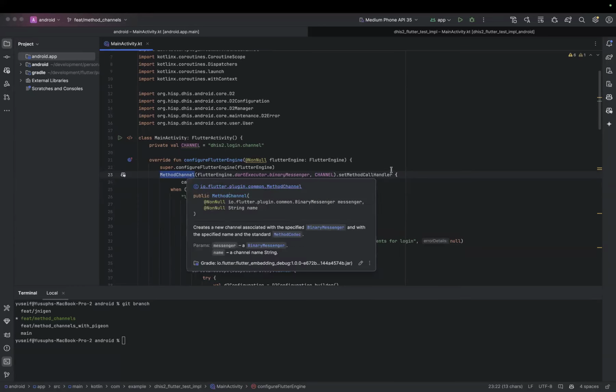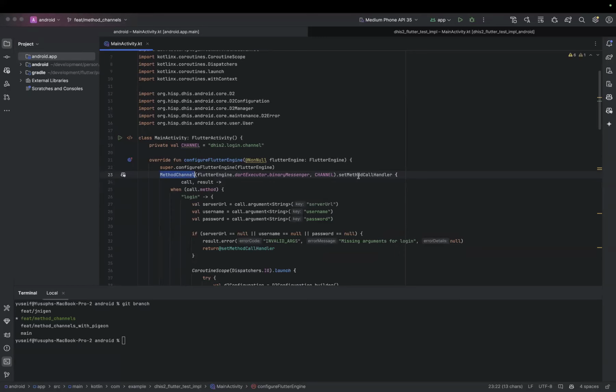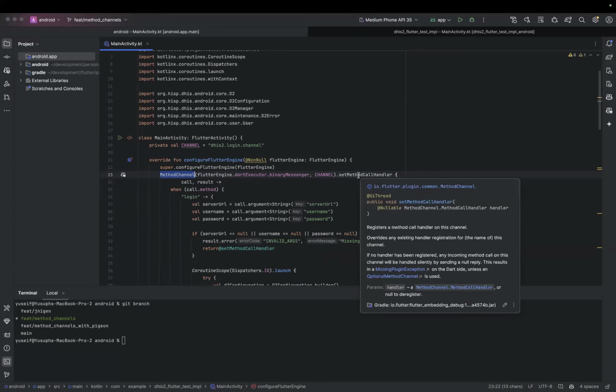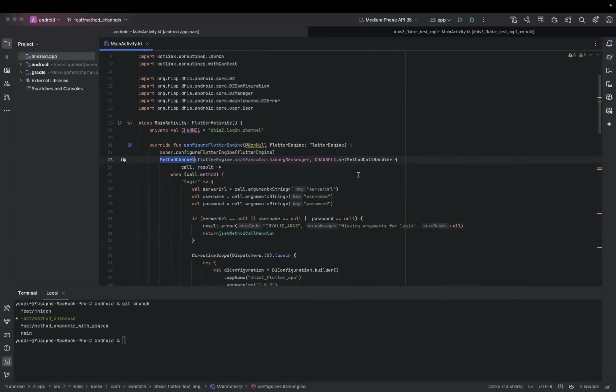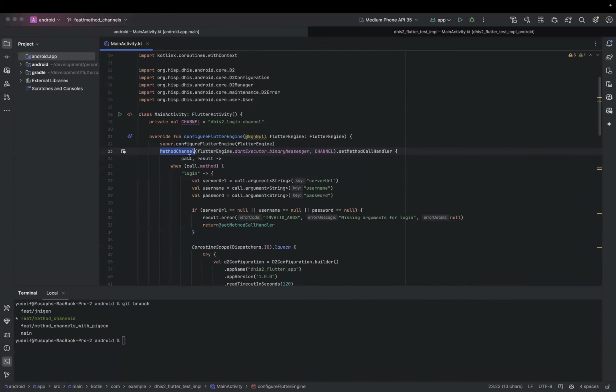From this method channel, we get the setMethodCallHandler, which is a listener. It takes call, which is an object received when Flutter calls a method in the Dart code, and we have result, which we use to return the message back to the Flutter code.